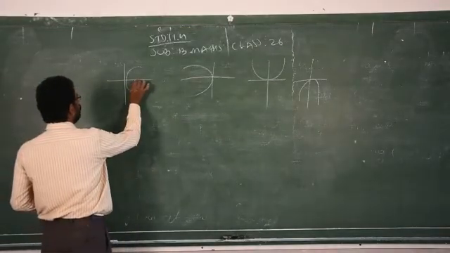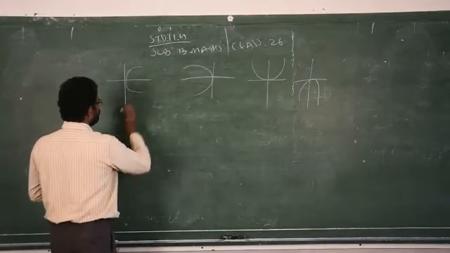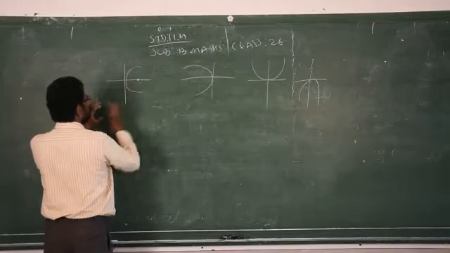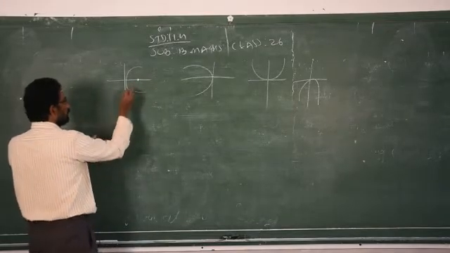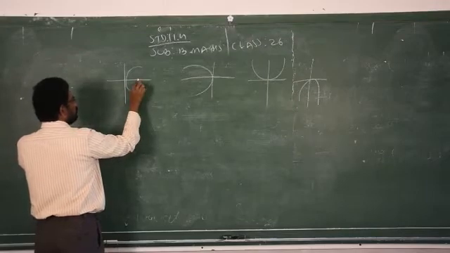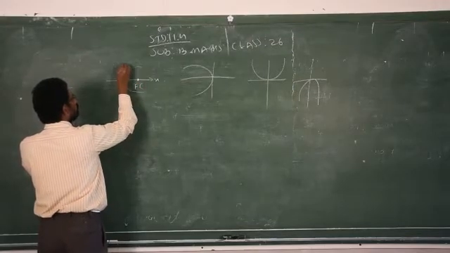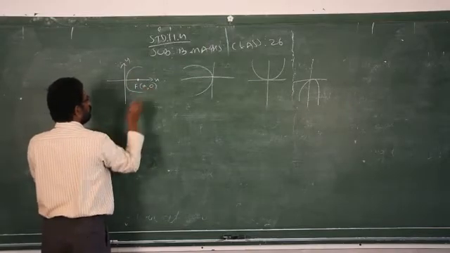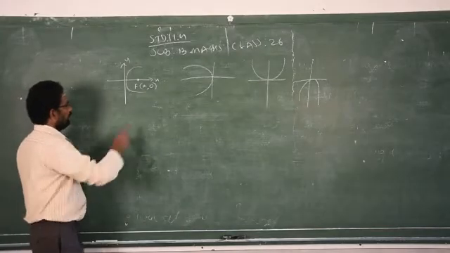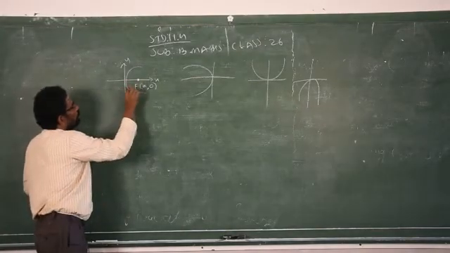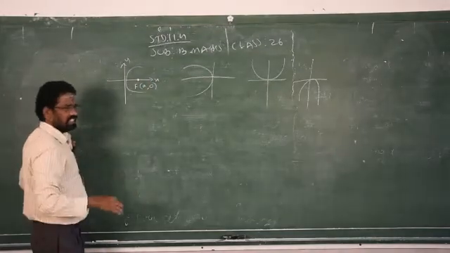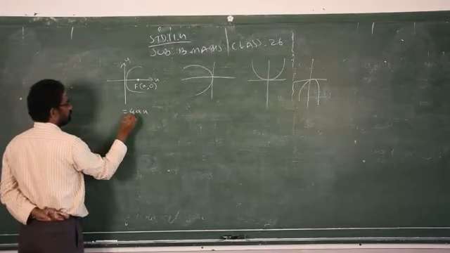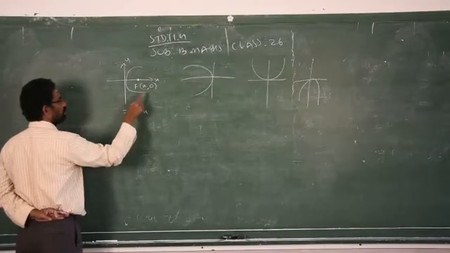See, how do you get this diagram? Just now I explained. This open right side, you will get only when the focus is on which axis? X-axis on the positive side. So you will take F or S, a point on the x-axis, where y will always be 0. I don't know what the point on the x-axis is, so that will be taken as a, always. Clear? Now, you have the focus on which axis? X-axis positive side.